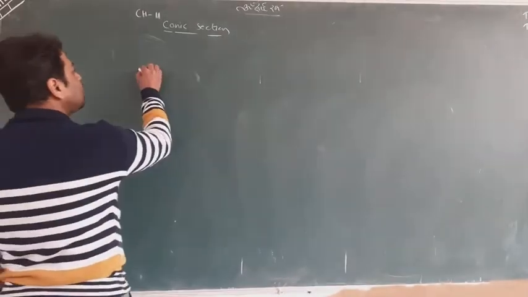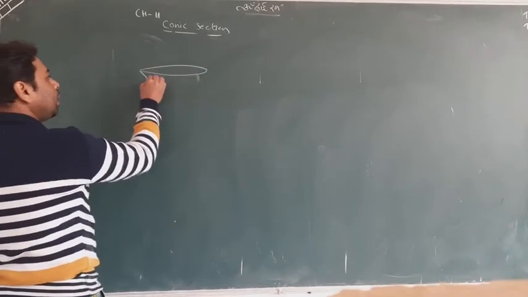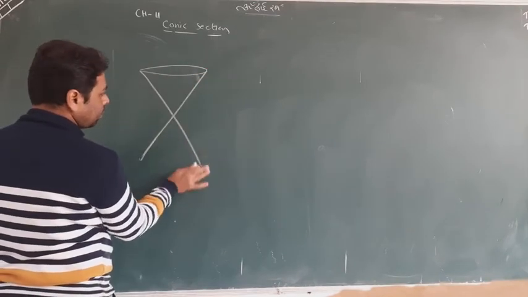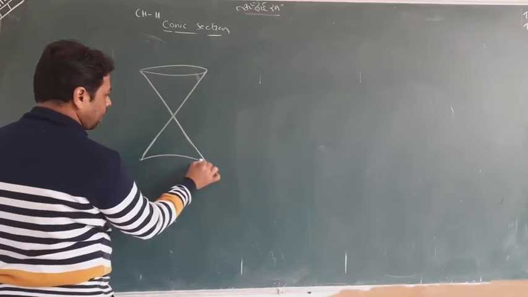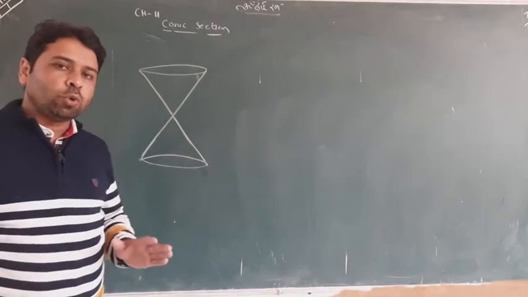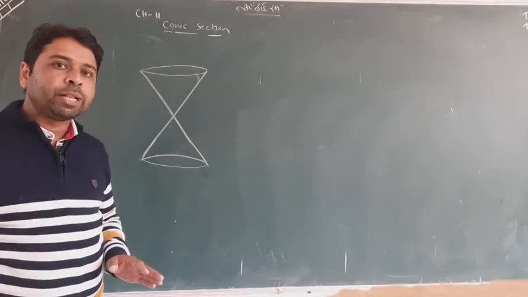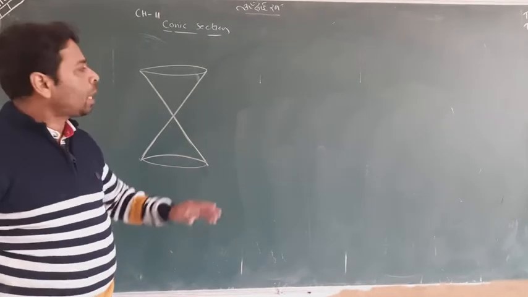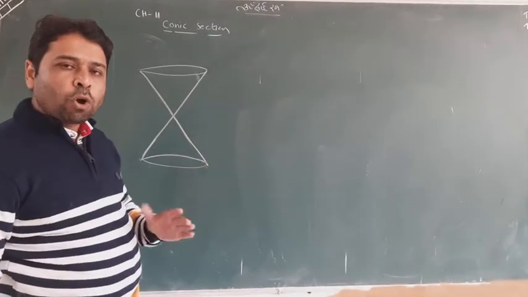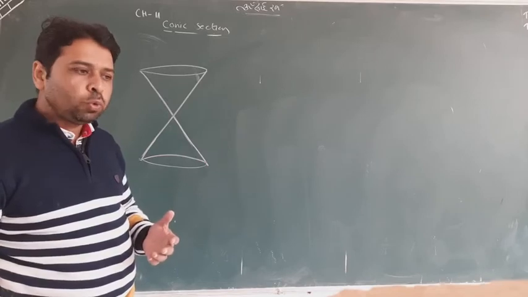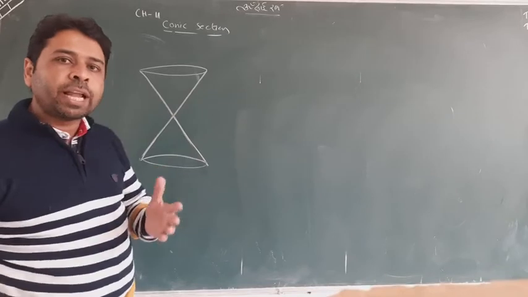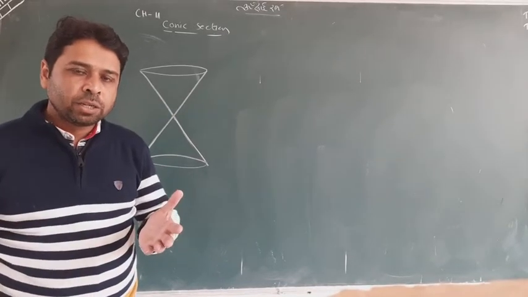You can see that this is my figure, just like that. These two are solid cones. These two together are called a double cone. And now I am cutting it and will obtain some section. You can consider that it is cuttable, very solid like a carrot.